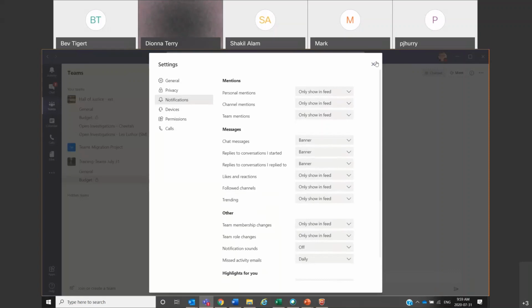So would you recommend, so you're saying only show in feed? Oh, I see. Okay, yeah. I have it as that, but if you want to have it in banner and email, or just email, or banner, it's all up to you. I like seeing it over here in the panel where the activity is. I don't want it clogging up my email. And the banner only goes up and down for a bit, so I just want to make sure that I have it set up. So I like it in my feed.